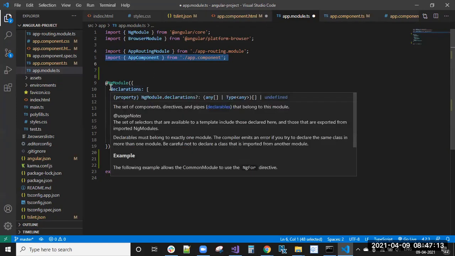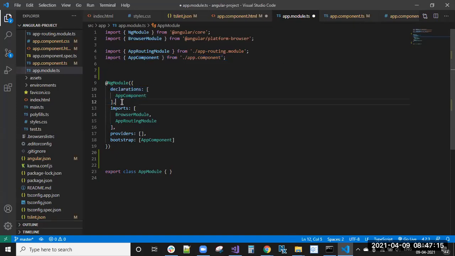Inside this building block, the first one is declarations. What does declarations mean? In a module we can create n number of components, and in an application we can create n number of modules. The components you create under that module are given here, comma separated.